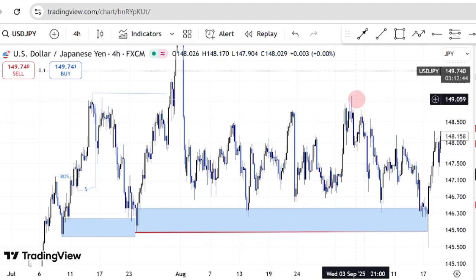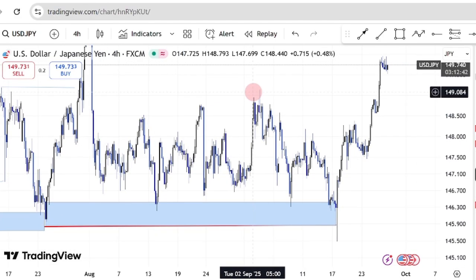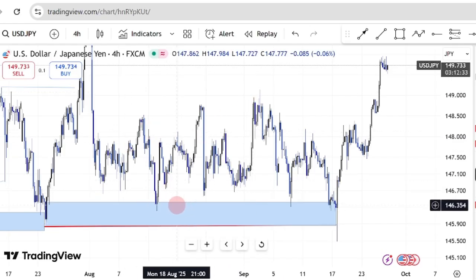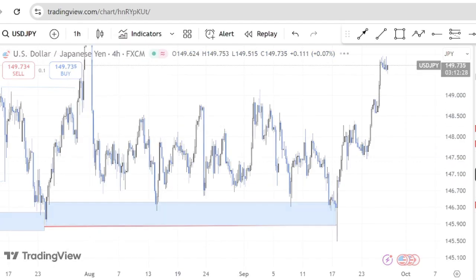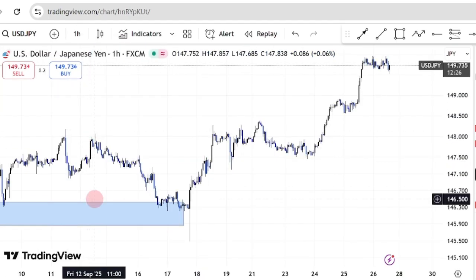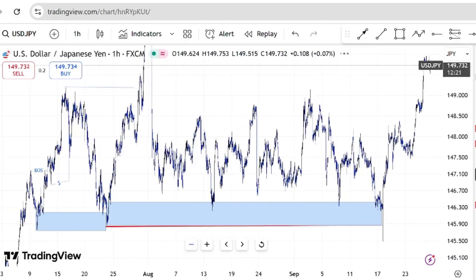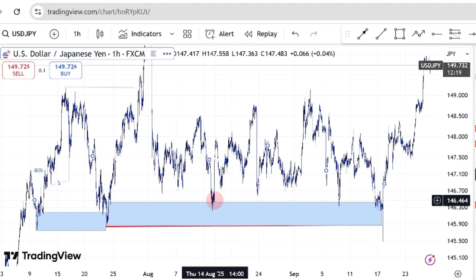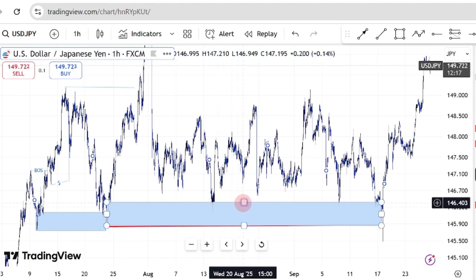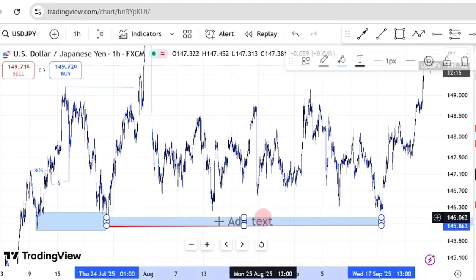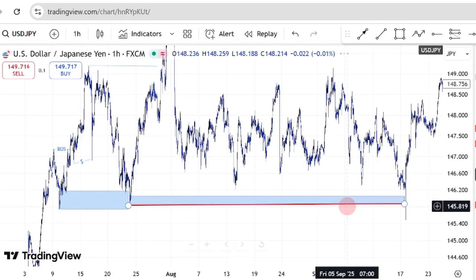Price came back down again, reacted to the upside. But let me explain the crazy thing that happened on this particular pair, which was that I and my community had a loss on this pair last week. So after we had this zone on the 4 hours, we stepped down to the 1 hour time frame. Let me show you something. Stepping down to the 1 hour time frame, we refined this demand zone all the way to this point,